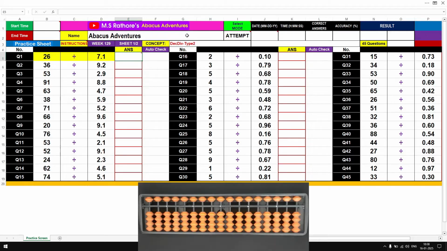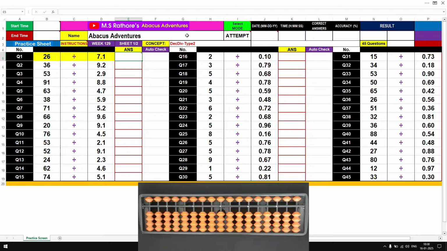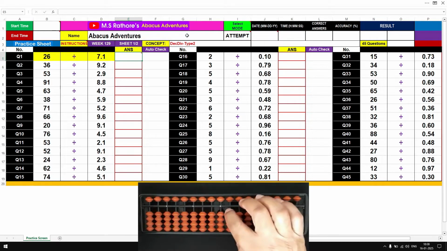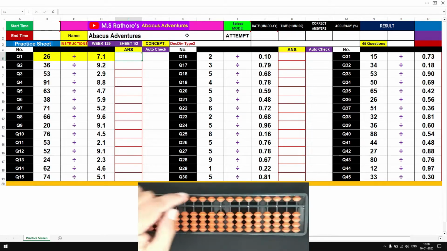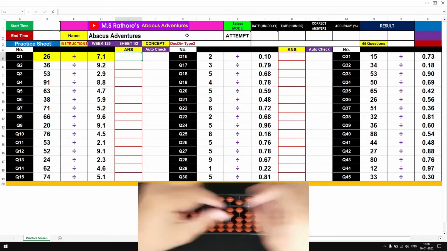Let's look at the first question again. 26 divided by 7.1. The dividend 26 is a normal value with 2 digits, minus 1 digit, that is 7, the integral part in the divisor. So 2 minus the integral part of the divisor, 2 minus 2 is 0. We need to place the dividend from rod number 0 in this case. This is rod number 1, this is rod number 0, this is minus 1 as you know. So let's place the finger on rod number 0. So 26 has been placed now, divided by